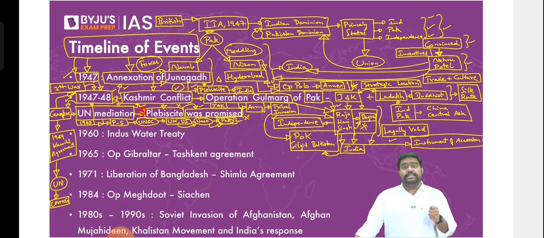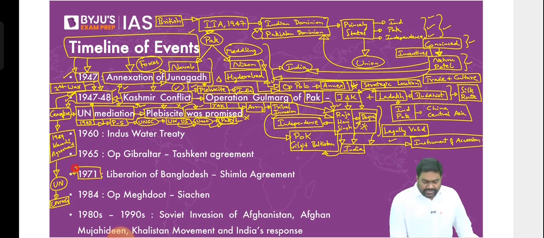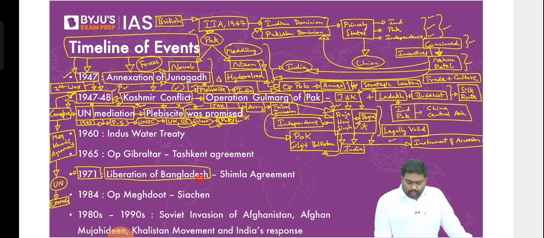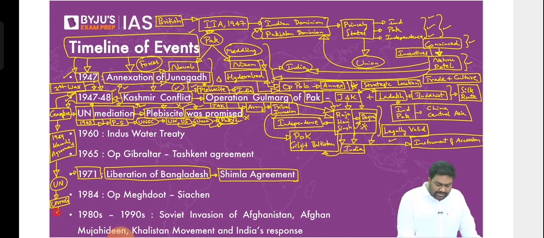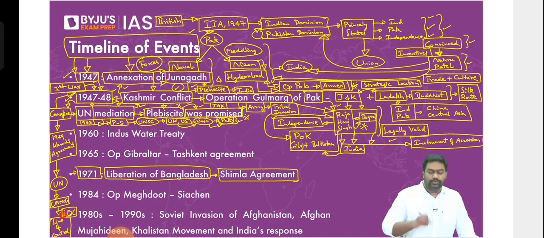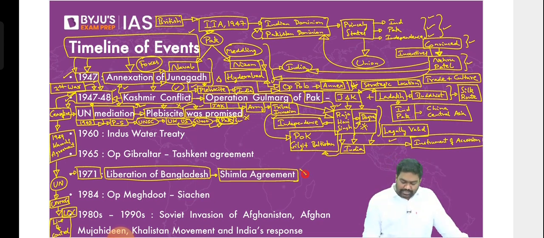So in 1971, which we have studied in detail, when India liberated Bangladesh, when India broke Pakistan into two parts, and we made Pakistan sign the Shimla Agreement, we made Pakistan accept that the ceasefire line will be renamed as Line of Control, as LOC. I hope you remember this. We had discussed this in detail under the India-Bangladesh chapter. I explained the origin of LOC, the Line of Control. We renamed the ceasefire line as Line of Control under the Shimla Agreement,